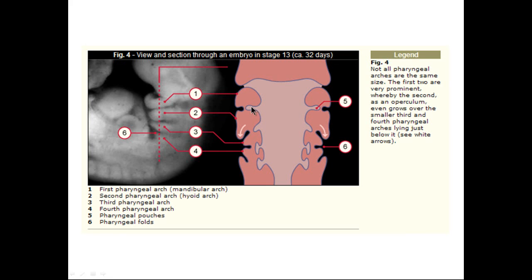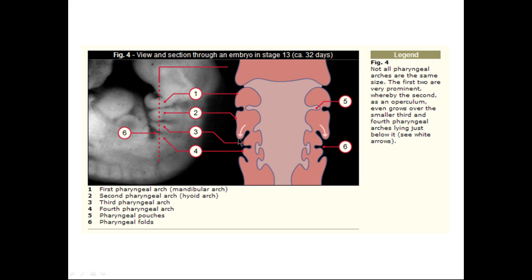What else do you have? Internally, you have pouches. So you're going to have a pouch here, a pouch here, a pouch here, a pouch here, which are numbered. Externally, you have what are called clefts. So you have cleft 1, cleft 2, cleft 3, cleft 4. The only cleft that's really important is cleft 1, which contributes to the external auditory meatus. The other clefts are obscured